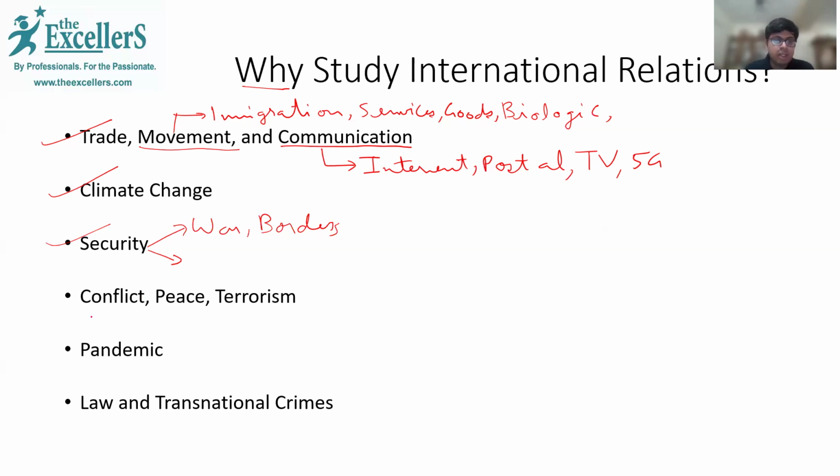Then we have conflict, peace, and terrorism. Again, broadly comes under security, but still it's written as a separate field because many people study it separately as part of the traditional type of security studies, where everything is about conflicts happening across the world between different countries, different communities, civil war. How can we ensure peace? The role of United Nations, the role of international law. Then coming to terrorism, how terrorism is born, how it flourishes across the world, counter-terrorism. Then how do we prevent terrorism from emerging again? So all these issues are covered in international relations, and you can see all these problems are affecting us